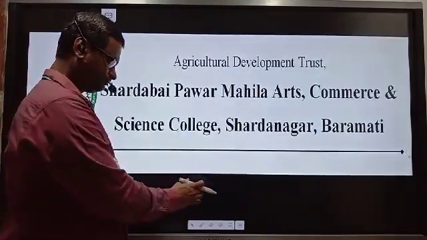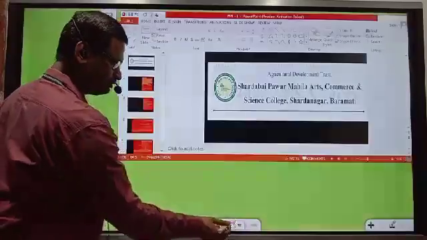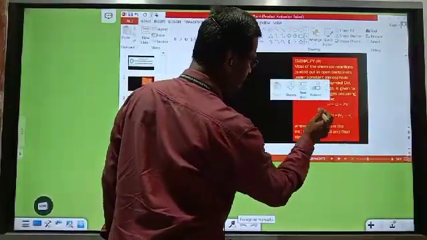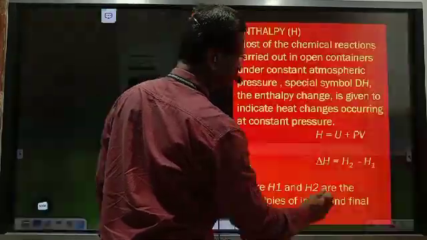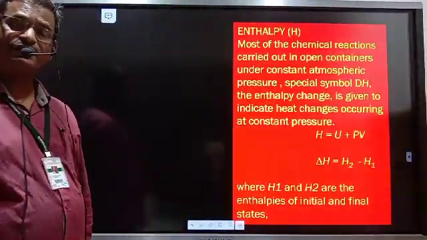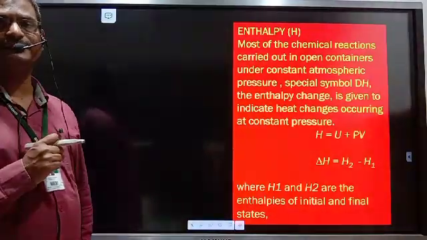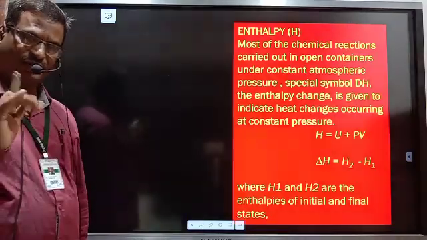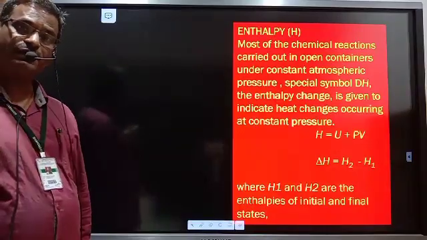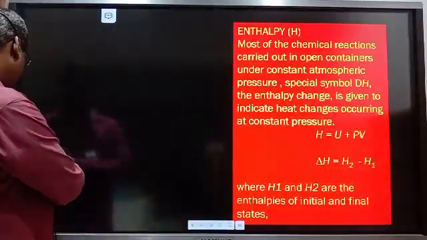And in this lecture we are supposed to study enthalpy, then enthalpy for different types of processes, the relationship between heat absorbed at constant pressure and at constant volume, and finally work done during a chemical reaction. These are the points we have to cover over here. So let us see it one by one.